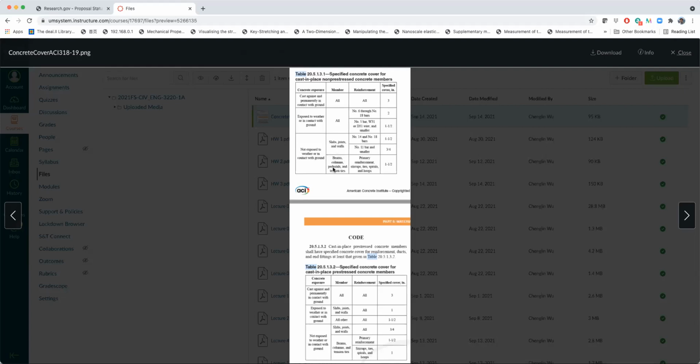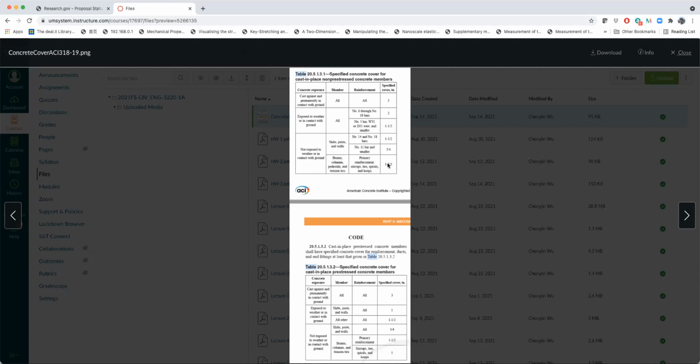Beams, column, pedestal, and tension ties, or have beams right here, right? And have a primary reinforcement, right? Primary reinforcement, okay? And primary reinforcement meaning like regular reinforcement. And what we have here, 1.5,